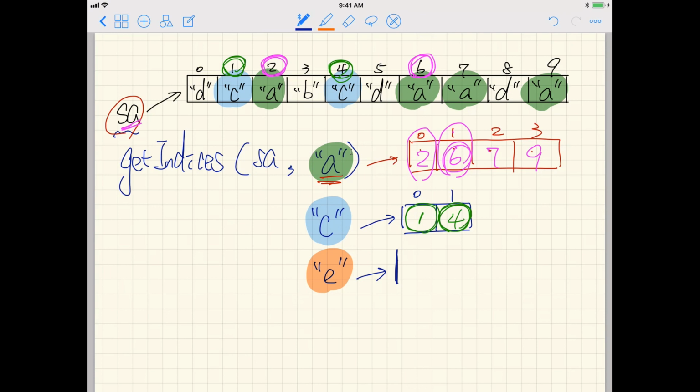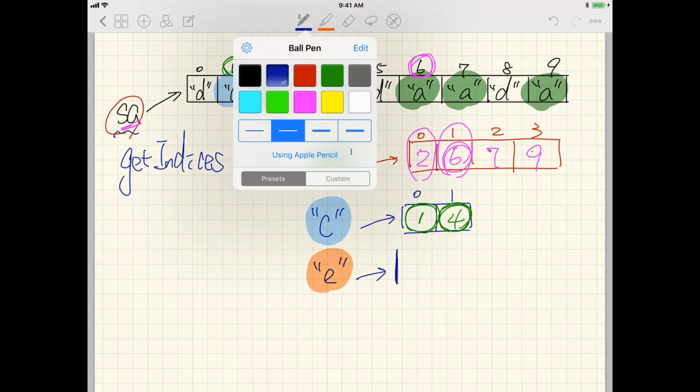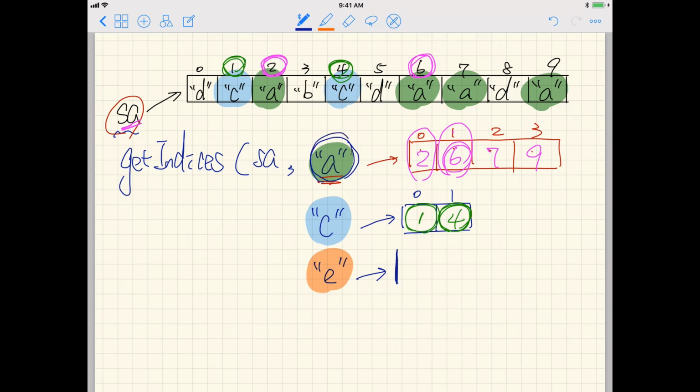Apparently, we have to split this method into several steps, right? So now you can think about, let's say, take this example for A. I'm going to show you exactly how we're going to do it, and then we'll go ahead doing it in Java. So first of all, we want to know the number of